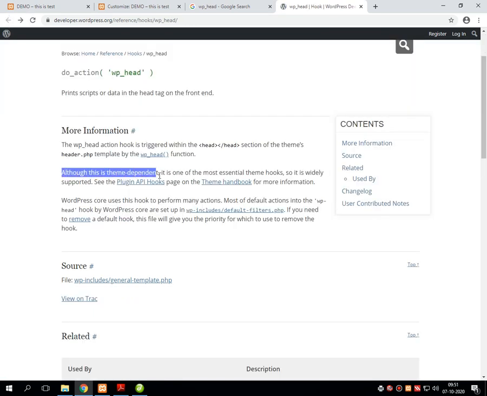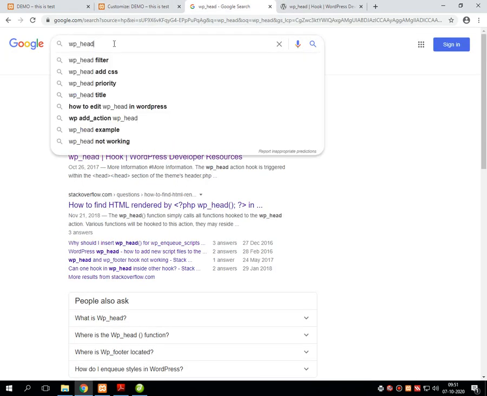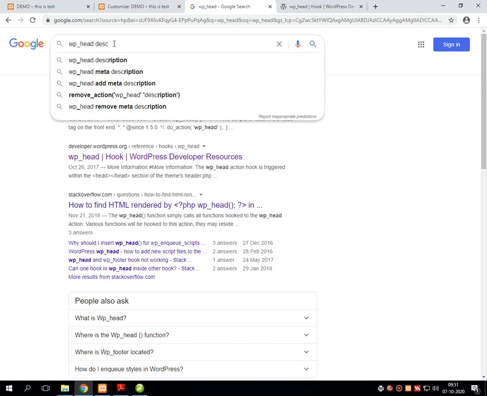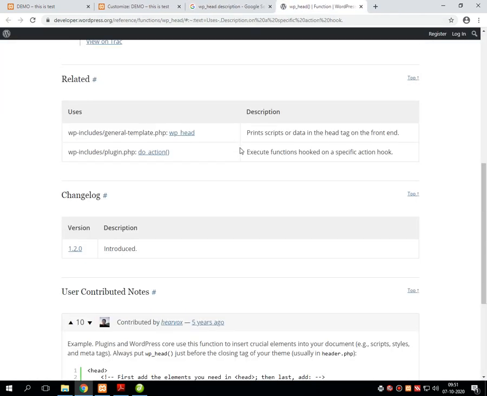Although the theme depends on it, it is one of the most essential theme hooks, so it is widely supported by WordPress. This particular hook returns the head section of the entire website. Here I am unable to show you the description.